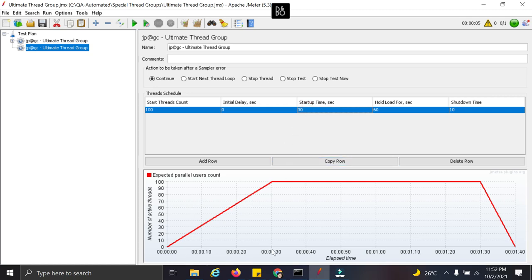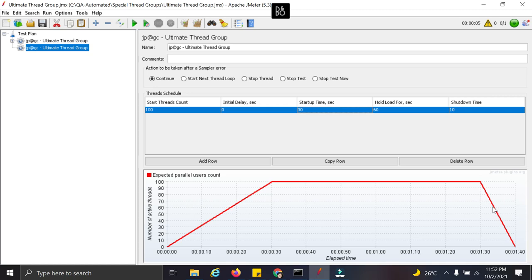So exactly in 30 seconds all our 100 threads are up. Now we want to hold it for a 60 seconds duration. See, exactly for 60 seconds the threads are active, and then tear down takes place within the 10 seconds gap. So to execute our desired scenario, we can use this particular thread group.